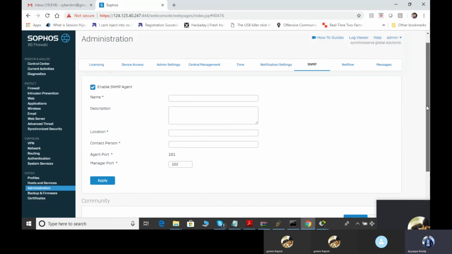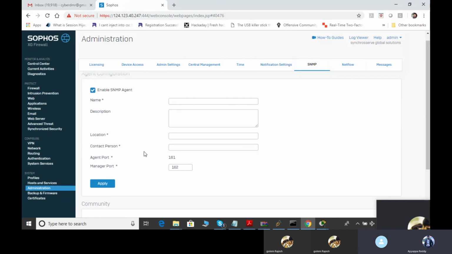Well, SNMP, Simple Network Management Protocol, is running on port numbers 161 and 162. There are two port numbers. One is the agent protocol and also the manager protocol, which is responsible for managing all the networks. Simple Network Management Protocol. So let me configure this later, but as for now,